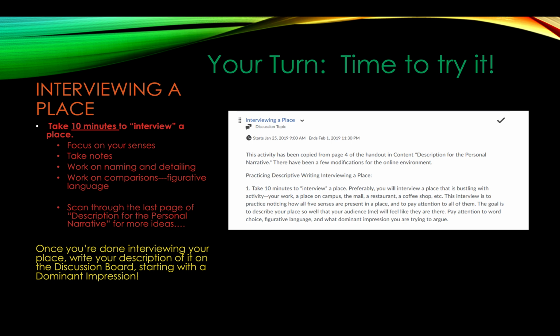You might want to use the figurative language as a revision strategy and do that after a little bit, but if something strikes you, write it down. Scan through the last page of the description of the personal narrative for more ideas, okay? There's a whole bunch of ideas, but I want you to spend 10 minutes where you can just focus on describing everything around you. Interview a place.